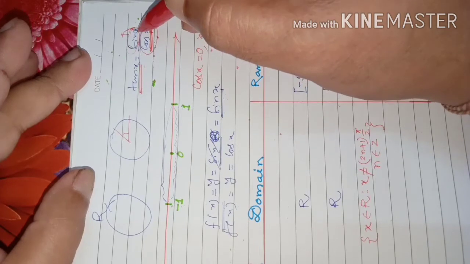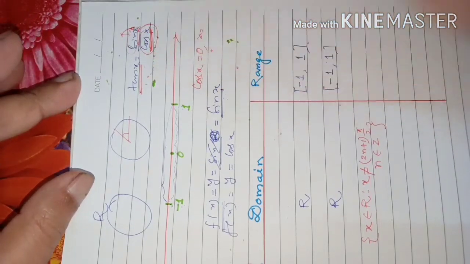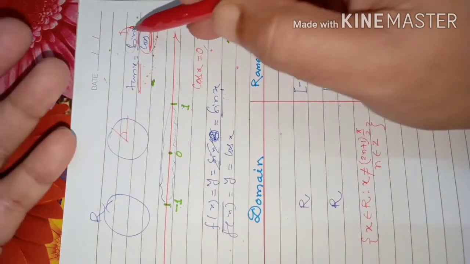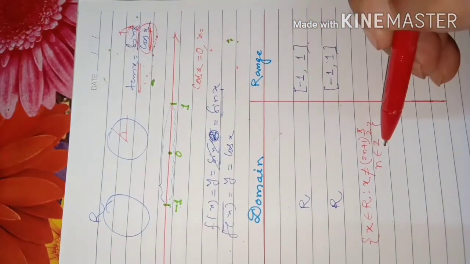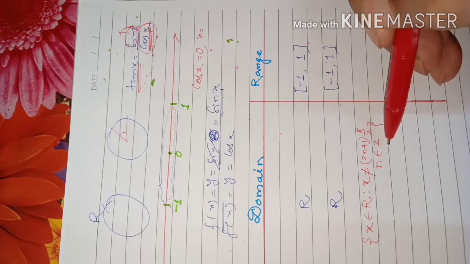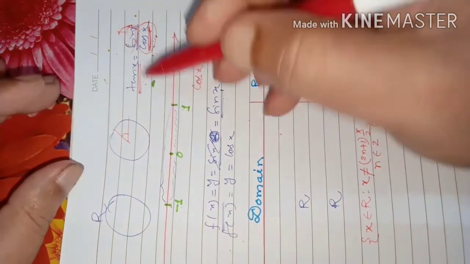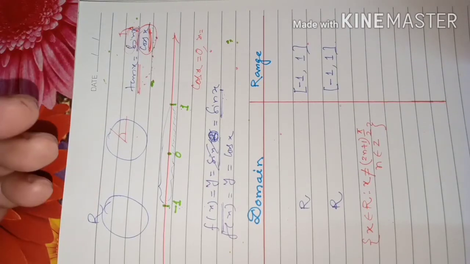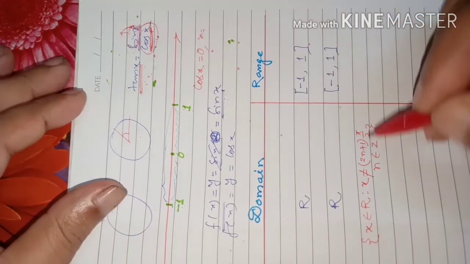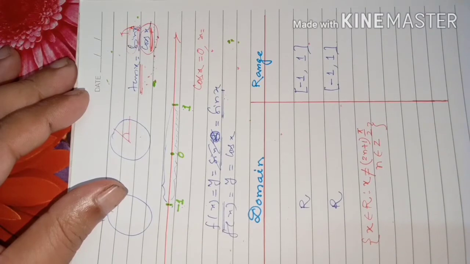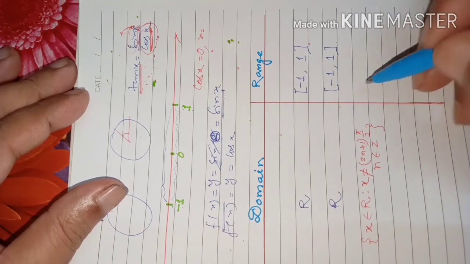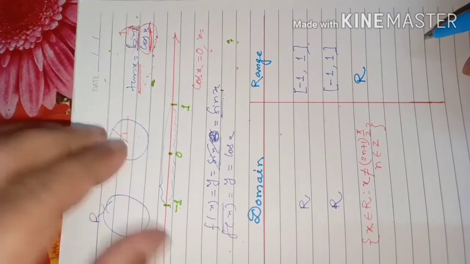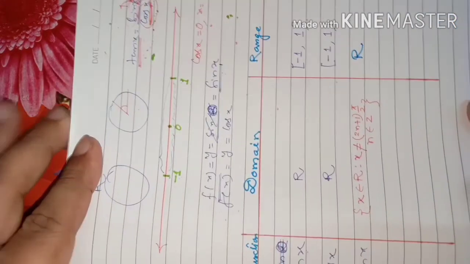That means we can get in the range also, for tan function the range also can be any real number, because it can take any real number except some particular values of x. So we can get any real number in the range. The range for this function will be any real number. You can say just real. For tan function the range will be any real number.